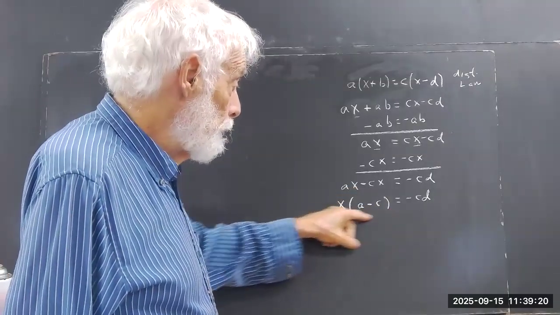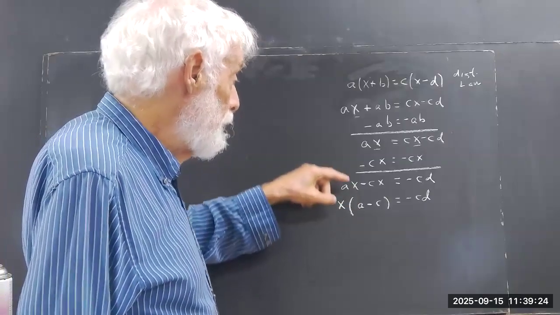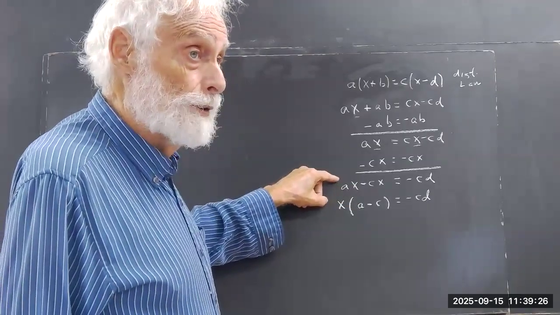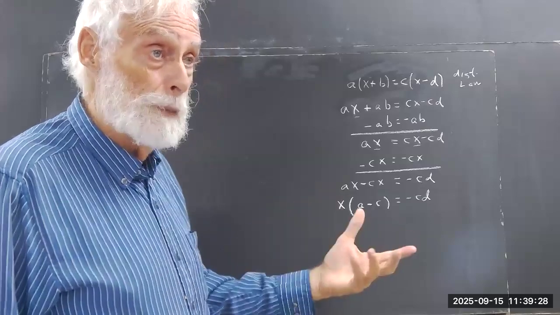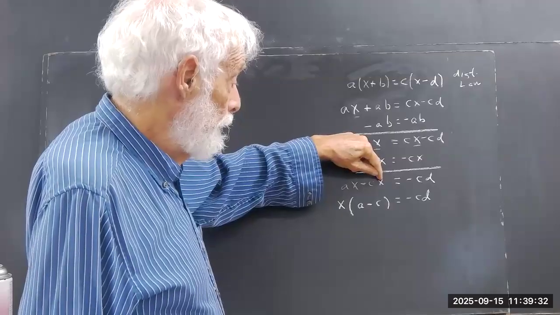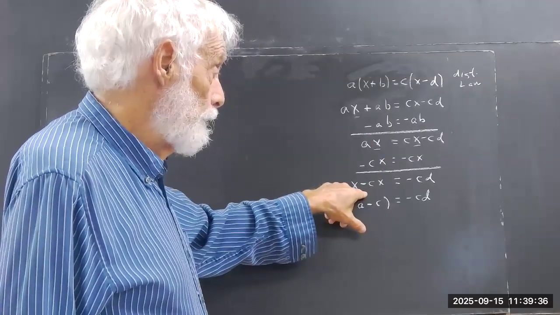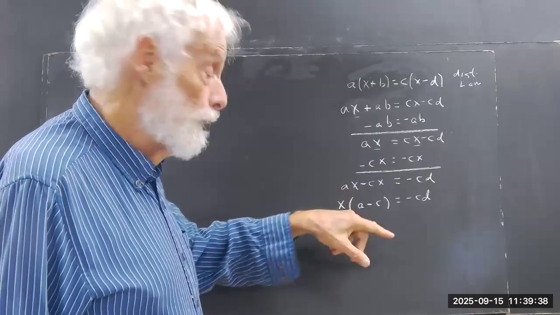So if I use the distributive law here, I get this. So this has to be totally equivalent to this. I'm just using this distributive law backwards. I see that I've got X's here and here, so I can put the X out in front and then whatever I need in order to make